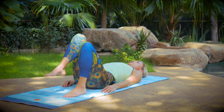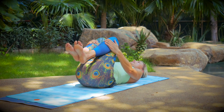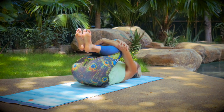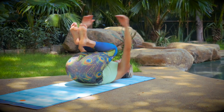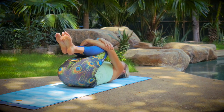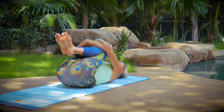Draw both knees into the chest. We're working toward getting opposite hand toward opposite elbow. It's okay if we're not there yet, okay? So that means that you're just holding onto the knees or opposite hand toward opposite wrist. But what we really want in this pose is to press the tailbone down, shoulders down, and find a really deep